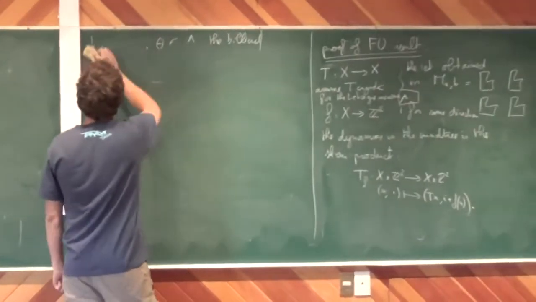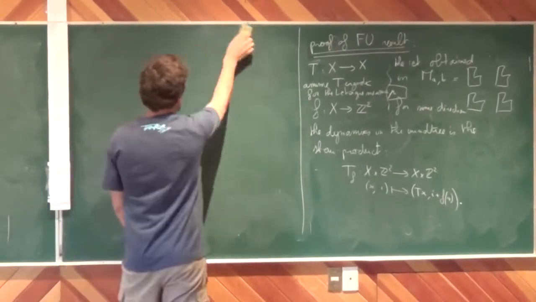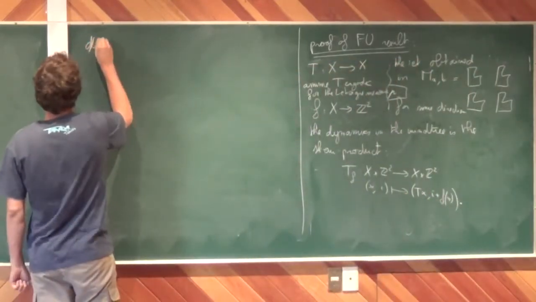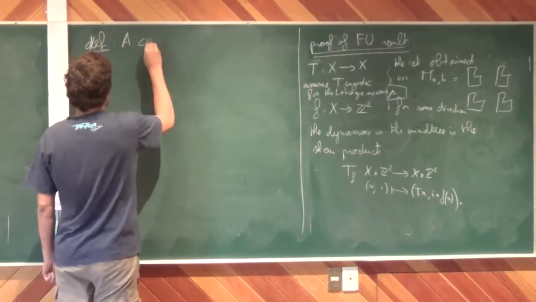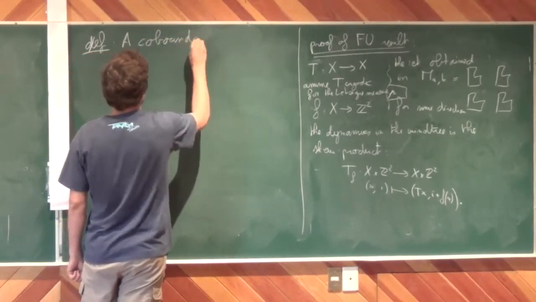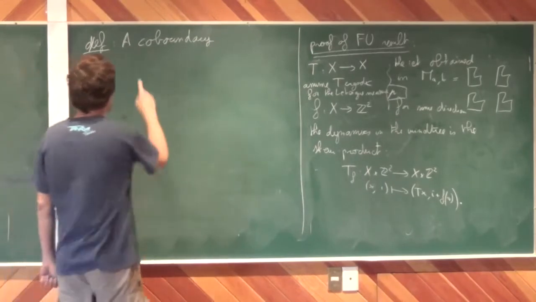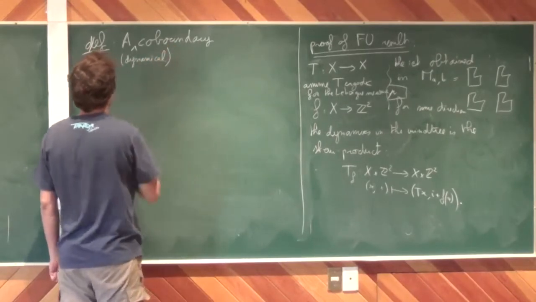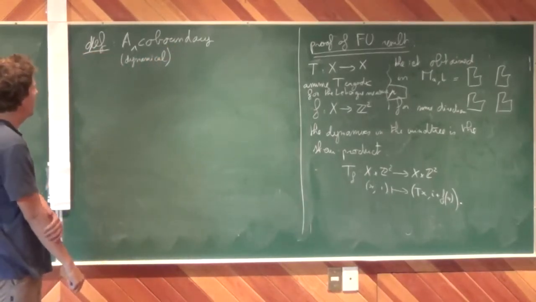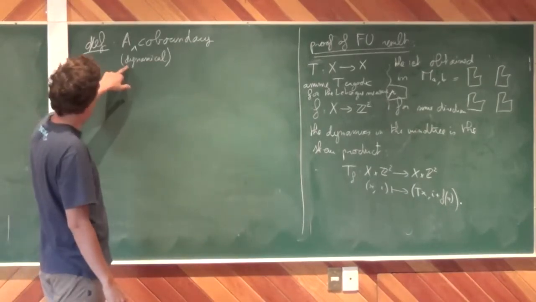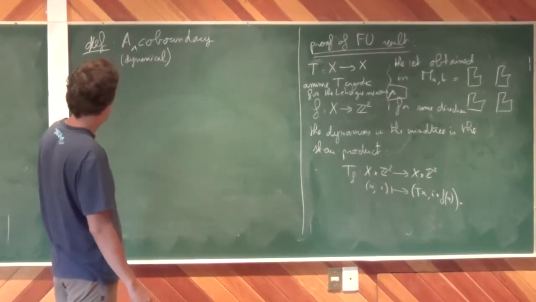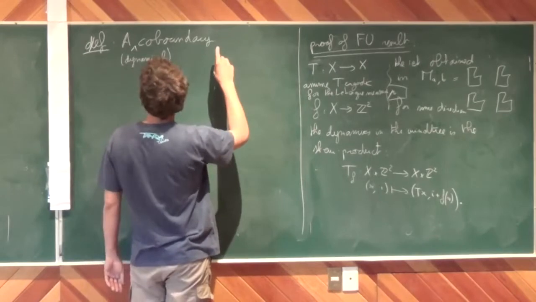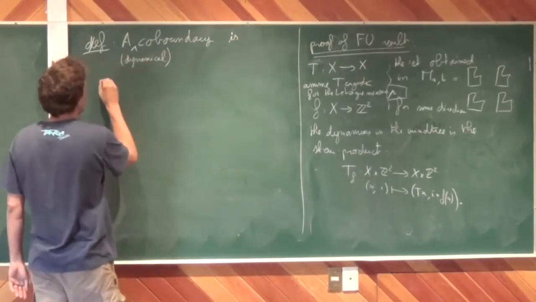So, in order to do that, I need to define what is a coboundary for your base dynamics. A coboundary sounds like a topological thing, and you will see that later, but here I should say dynamical coboundary. There is a somewhat open question that I will present later, whether every dynamical coboundary actually comes from a topological coboundary in the context of translation surfaces. A dynamical coboundary is